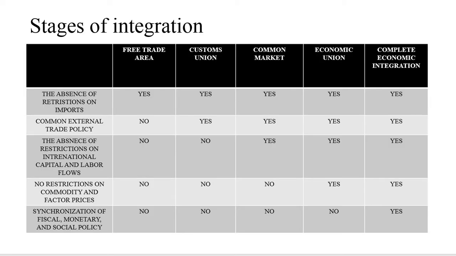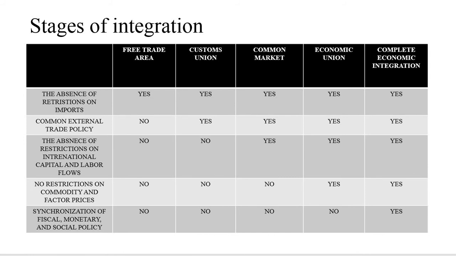So, when it comes to the stages of economic integration, Balassa distinguishes between 5 possible stages, which are free trade area, customs union, common market, economic union, and complete economic integration. So free trade area, I believe, is the most intuitive. It simply implies the absence of restrictions on international trade, at least quantitative restrictions. I mean tariffs, quotas, and subsidies. So this one is pretty simple.